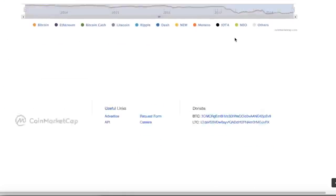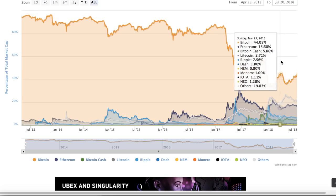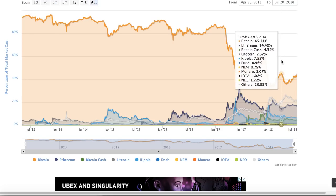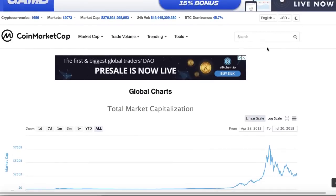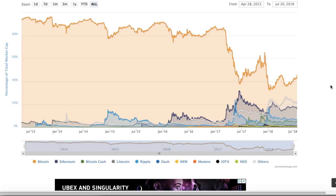I didn't want to show this chart yesterday because I couldn't be bothered. But today I think it is relevant, and so I do want to bring it up. And what we've actually got here, guys, is we've breached our high, which we had last time. Our high last time was about 55.1%, and today we are up to 55.7%. And so on this Bitcoin dominance, if we're going to do some TA on it, we have actually breached that